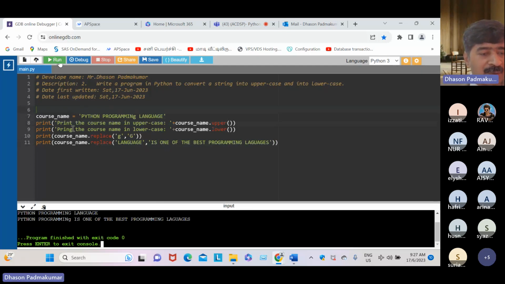Excellent. Got it, dear student? So course name dot replace: whenever the keyword language is found in this string variable, replace it with one of the best programming languages. My sentence is complete. Python programming, or Python, sorry. So here, okay, again, okay, dear students.